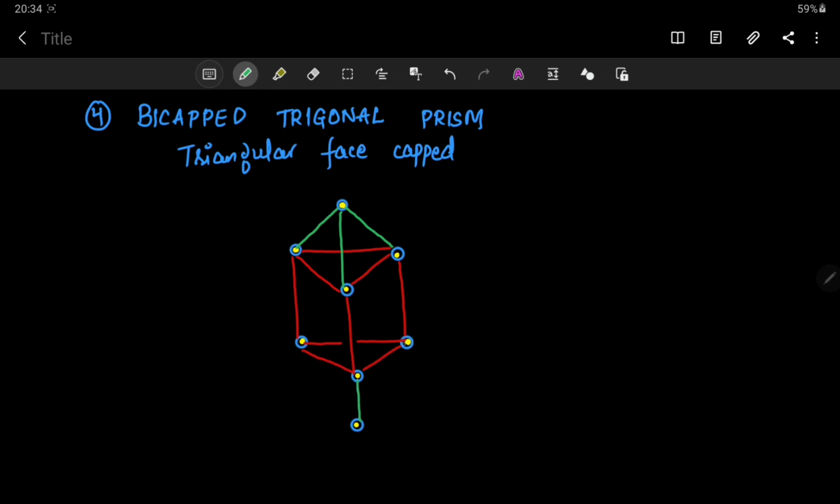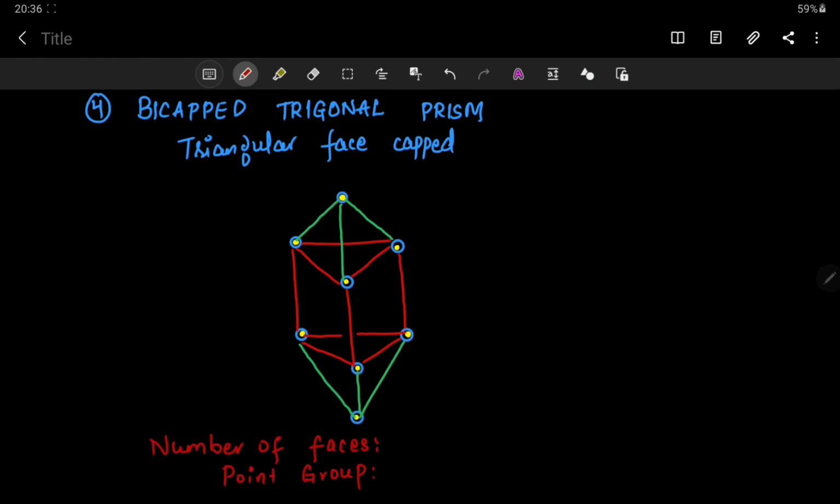This will generate 3 triangular faces above and 3 triangular faces below. The 2 triangular faces of the parent are getting embedded. 1, see, altogether 3 faces are being generated. This is 1 towards your right, 1 towards your left, 1 away from you. Similarly, below also 3 triangular faces are generated. The red triangular faces are embedded, therefore it should not be considered. 3 plus 3 makes 6. Also, there are 3 square faces.